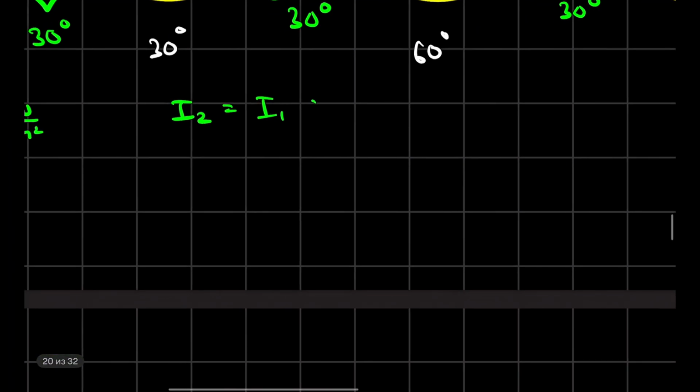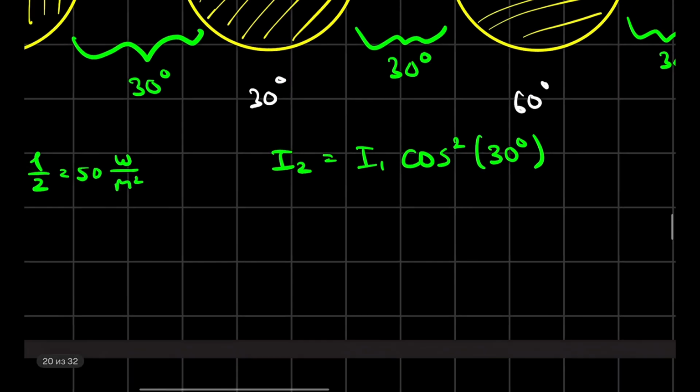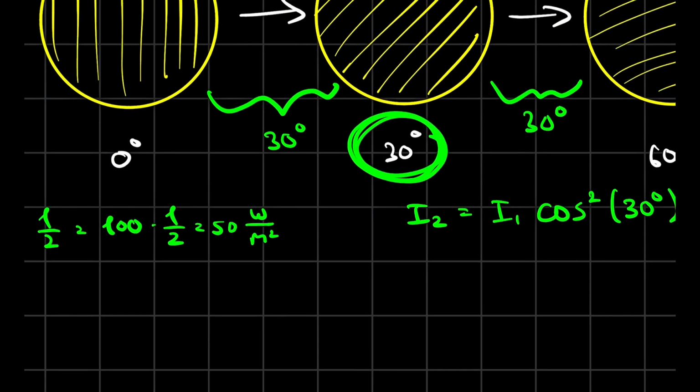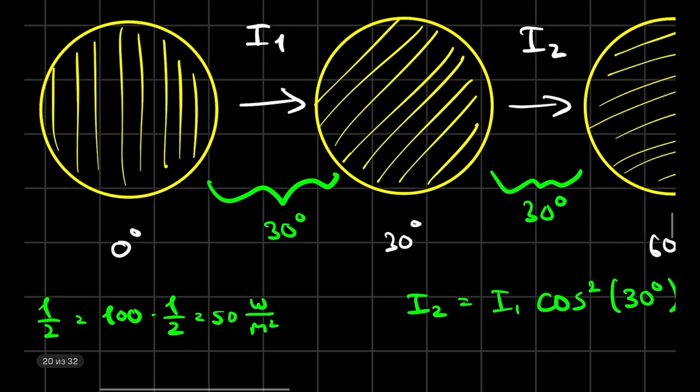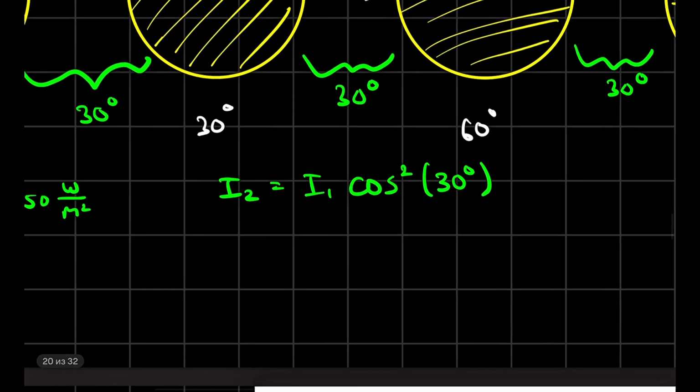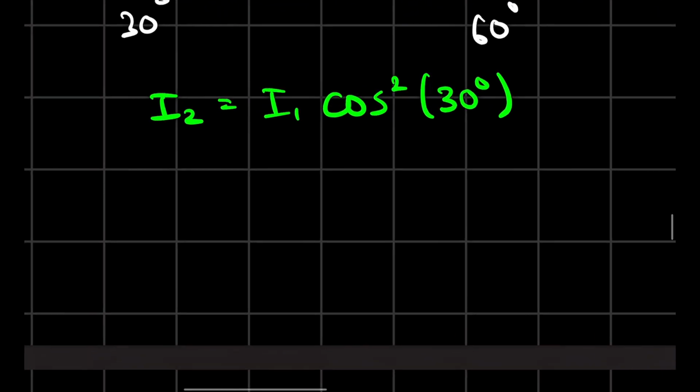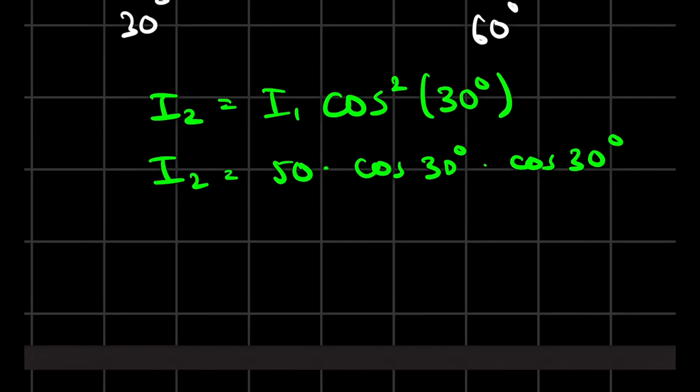cosine squared, and the relative angle is 30 degrees. We take 30 degrees because the relative angle is 30 degrees between the first one and the second one, right? That's why this would be intensity 2. Intensity 1 is already 50, and cosine squared of 30 is the same thing as cosine 30 multiplied by cosine 30 again. And that's why this would be 50